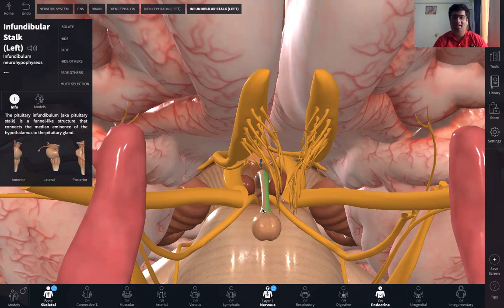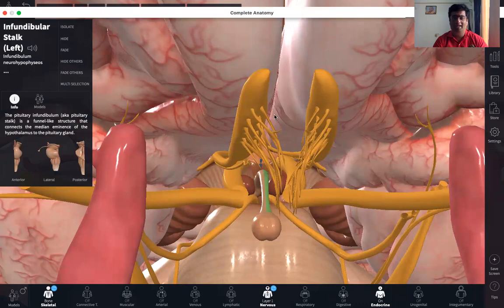The larger lobe is called the anterior, and the smaller one is called the posterior. In terms of size, the pituitary gland is the size of a pea, weighing about half a gram. Although so minute in size, it is still very significant. The reason is that a lot of hormones from the anterior pituitary regulate the functioning of other glands of the body. Such hormones that regulate the functioning of other glands are called tropic hormones. Now, let us have a detailed view of the anterior and the posterior pituitary, the two lobes of the pituitary gland.